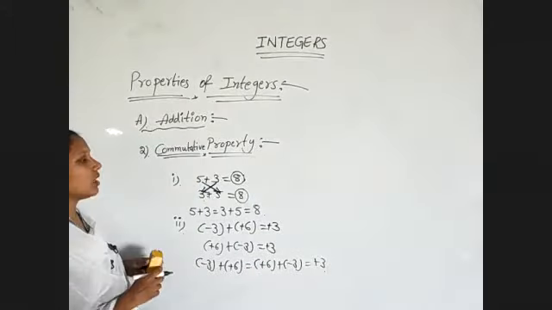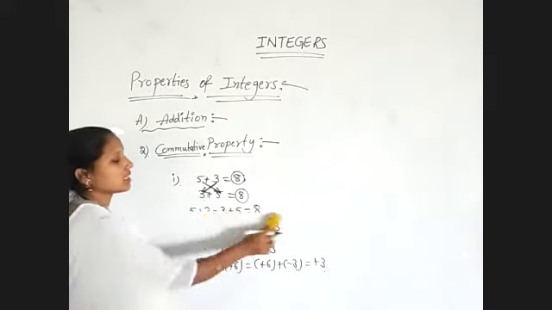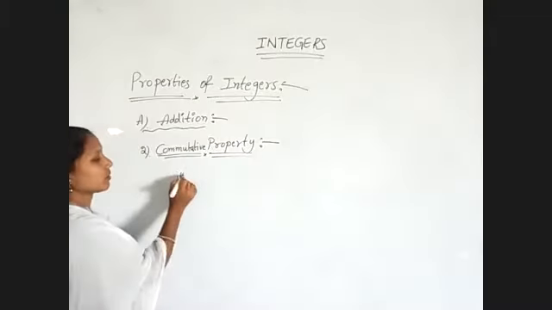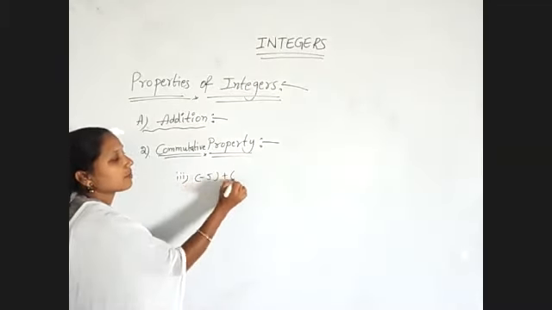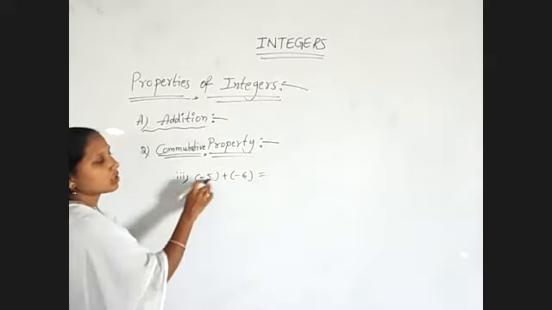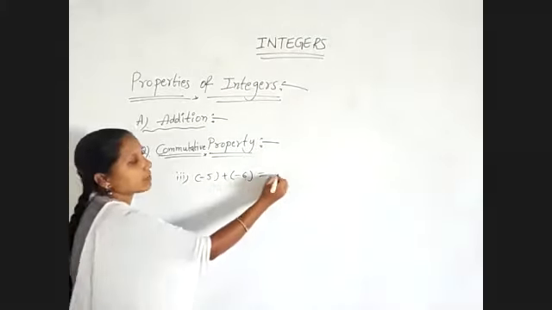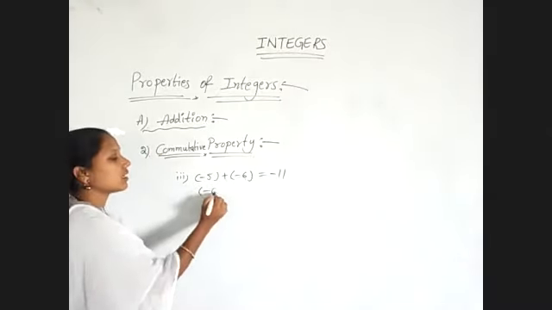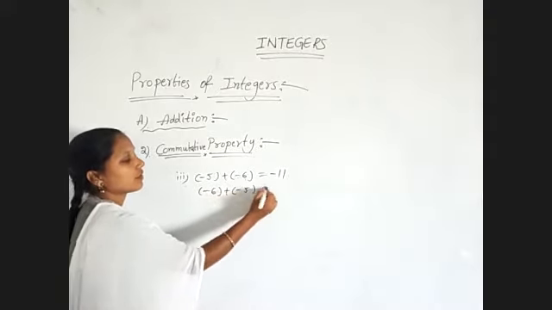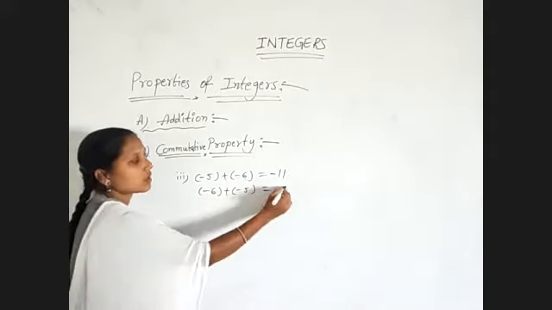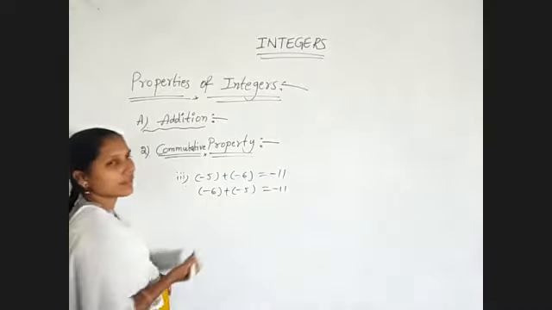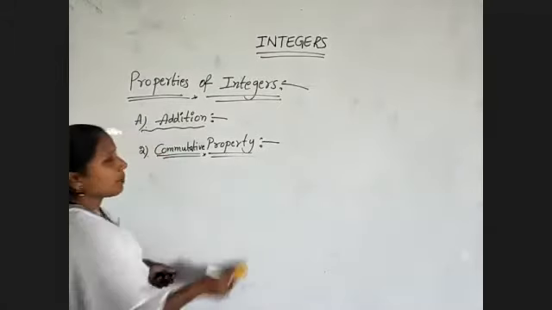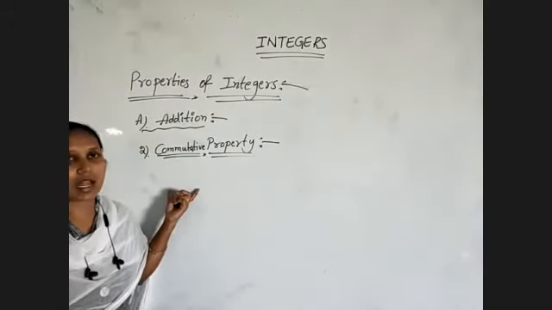So this is okay. Now coming to both negative integers. In that case, how will we get the result? -5 plus -6. Both are negative, so we go for the addition operation. 5 plus 6 is equal to 11, and because both are minus, we keep minus. Change the order: -6 plus -5. 6 plus 5 is equal to 11, and minus is there, so -11. Just observe, the commutative property is applicable for integers under addition.